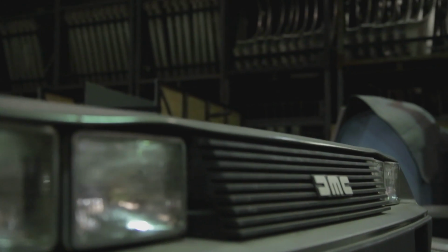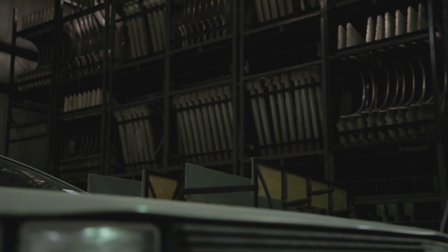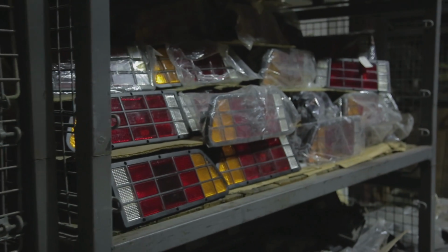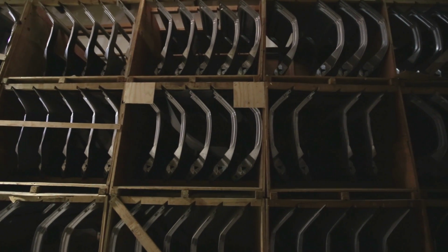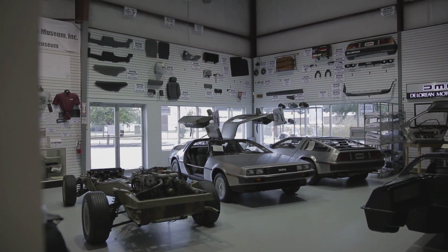When the factory closed in late 1982, there were literally millions of parts to build cars still in the factory. And it's that inventory which we now have in our facility here. We've got a 40,000 square foot facility full of literally millions of new old stock, brand new 30-year-old DeLorean parts. Out of the 2,800 or so different parts it takes to make up a DeLorean, we've got better than 98%